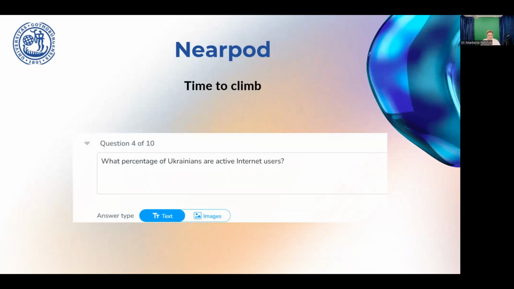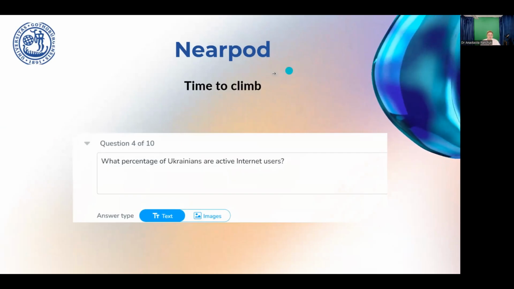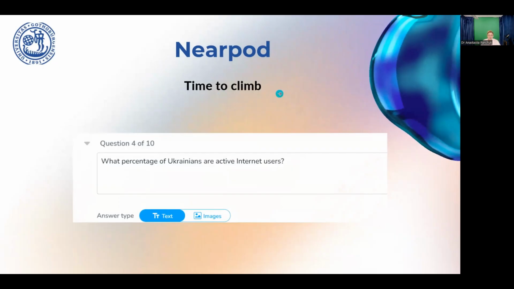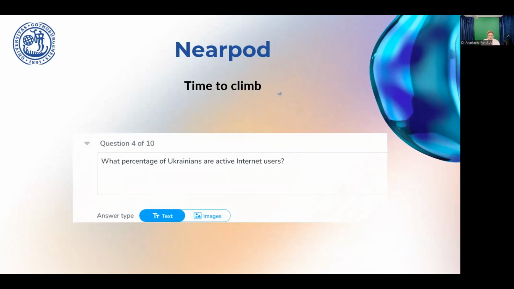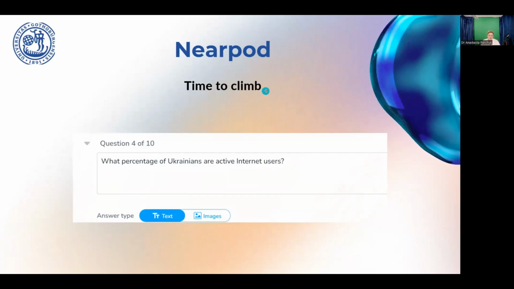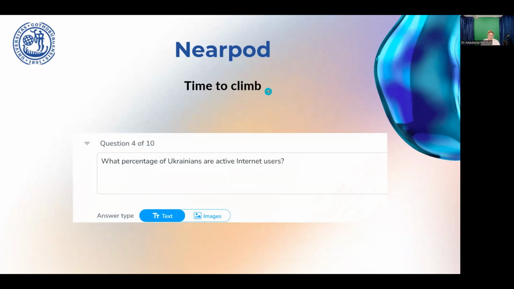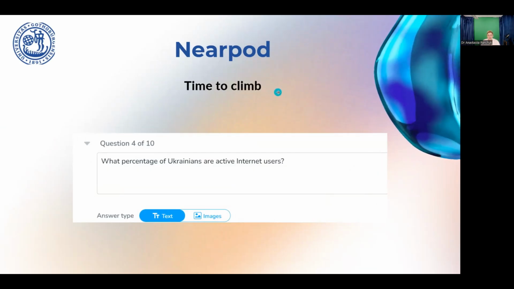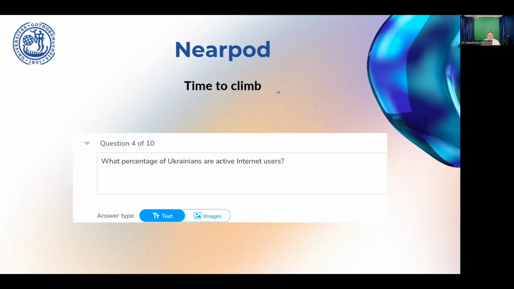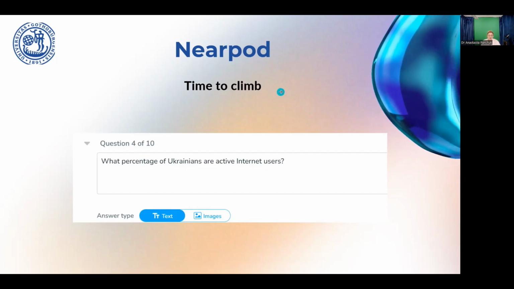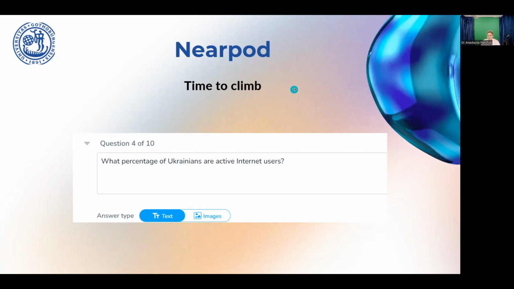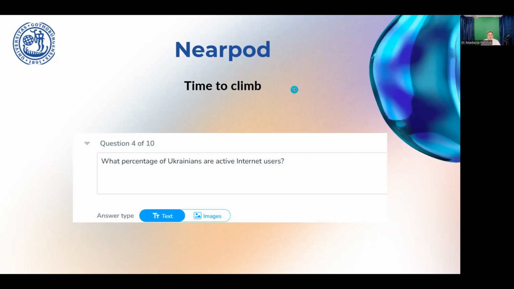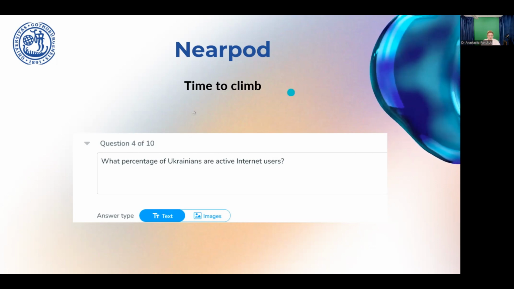To play more with them, you can use another tool on this Nearpod platform. It is called Time to Climb. They can answer the question, and the faster they answer and the more correctly they answer, the higher they climb to the top compared to their competitors. So usually it is very interactive and very interesting for the students, but at the same time, it enriches your